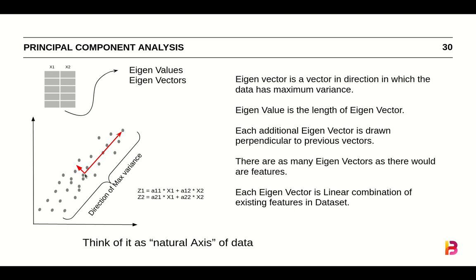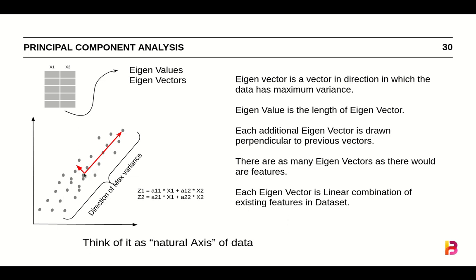So hence the first axis would be in the direction in which it is most spread, and the length of this vector would be the amount of the variance in that particular direction. Now once we identify this, remember each of these features are in fact the axes. So the first feature x1 is this axis, the second feature is this axis. Now you can think of this particular vector as the new axis.